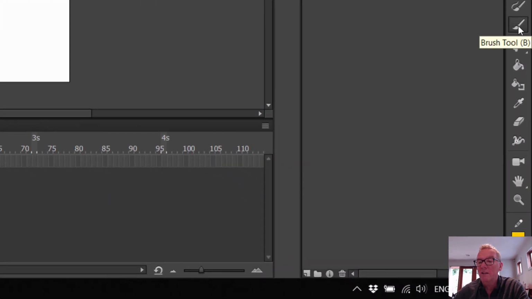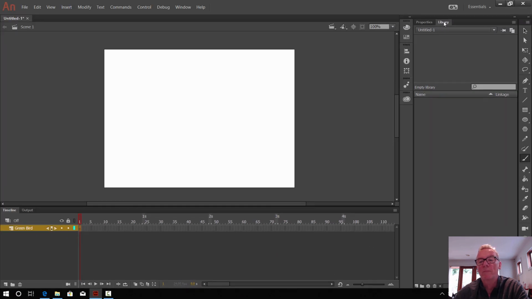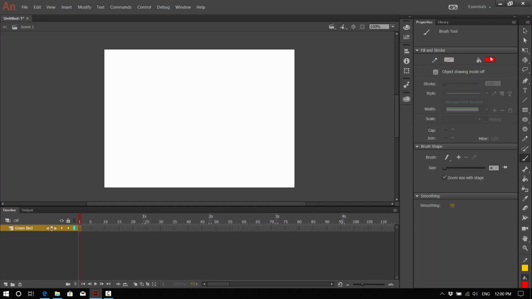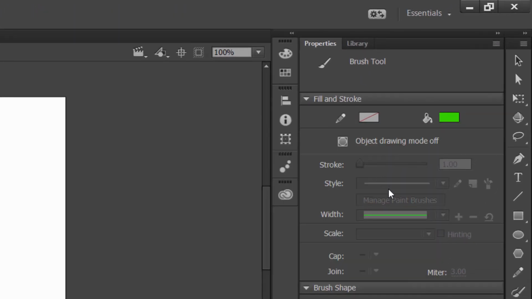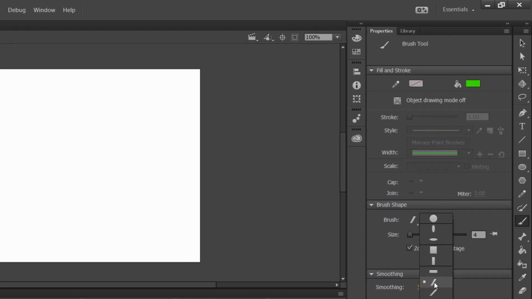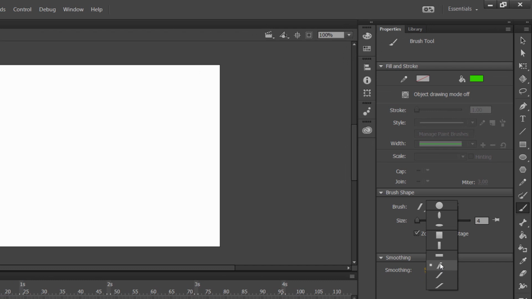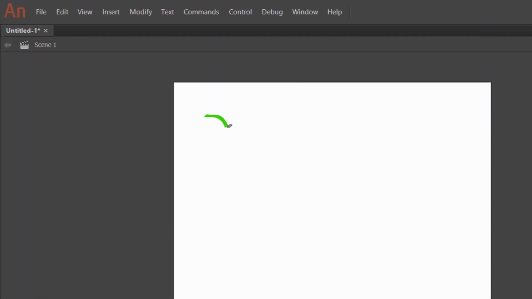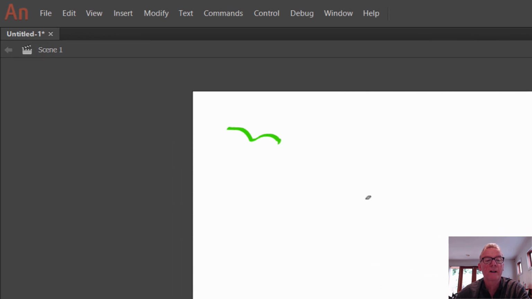So we go over on the right hand side to the paintbrush. We're on library up the top here at the moment. Probably getting across to properties would work better. Now we will just want to make a green bird, so we'll pick a green color. We're going to get onto the brush tool here, and object drawing mode needs to be turned off. Now, for the type of brush we're using, if we go down here where it says brush and click that little arrow, we're going to be using one of these calligraphy type brushes. Just this one here, or maybe the next one down. We'll try that and see how it works. So we're just going to have a little bird we've drawn here like this,